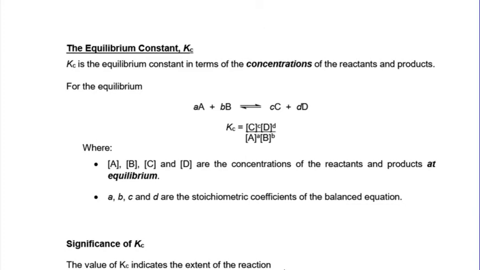It's not a universal constant like the speed of light. It varies for every reaction, so it's a constant for a particular reaction at a particular temperature. So that's in terms of things that physicists might look at, not very constant at all, but it's a constant for a particular reaction at a particular temperature. So there are lots and lots of equilibrium constants depending on the reaction you're looking at and the temperature at